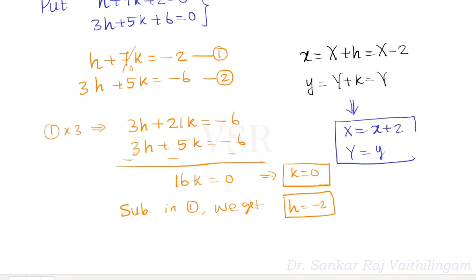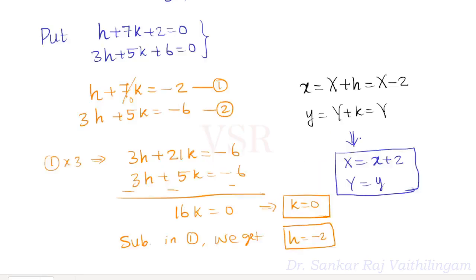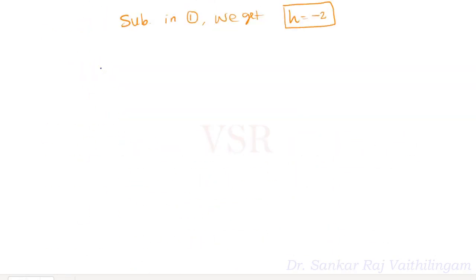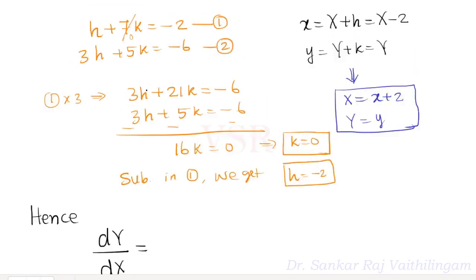This is what we will need later for substituting capital X and capital Y, so we'll take that back. Since we set these constants to 0, we are left with only this equation. Hence I'll write, we get d capital Y by d capital X is equal to capital X plus